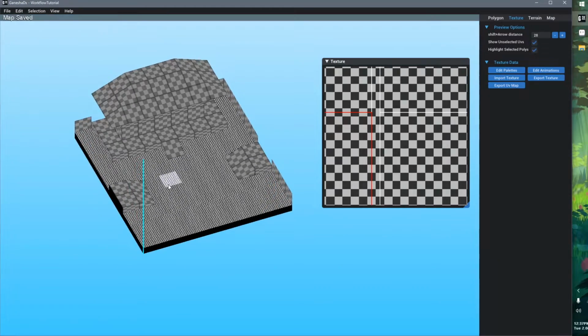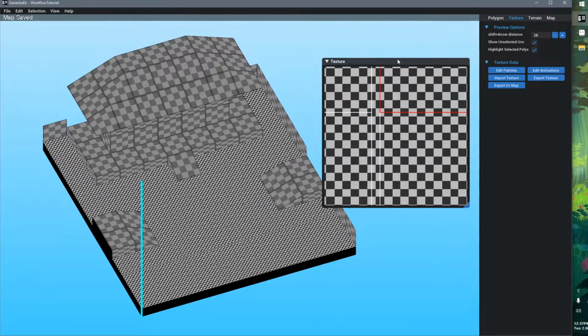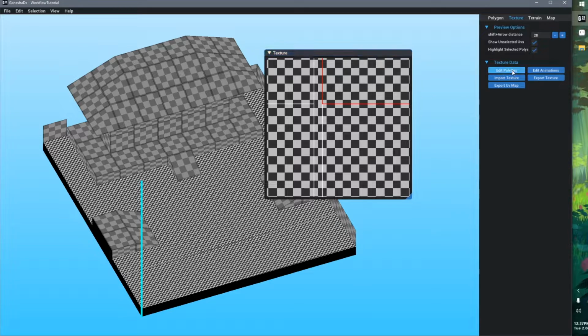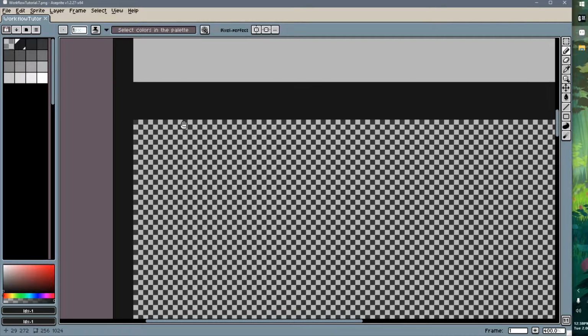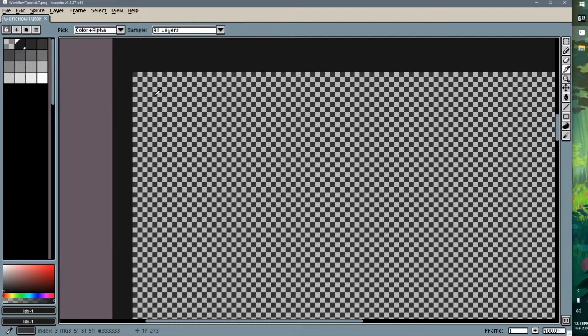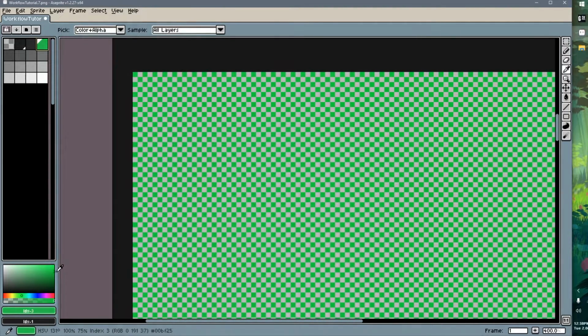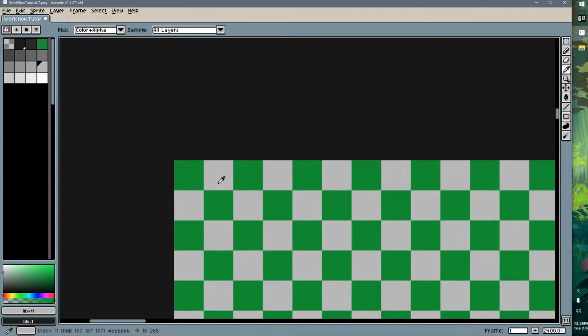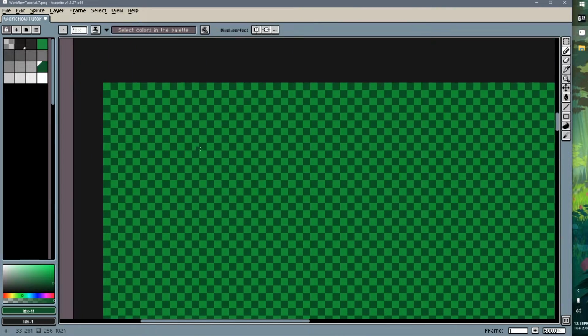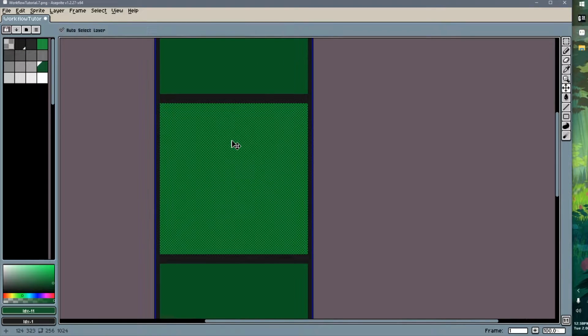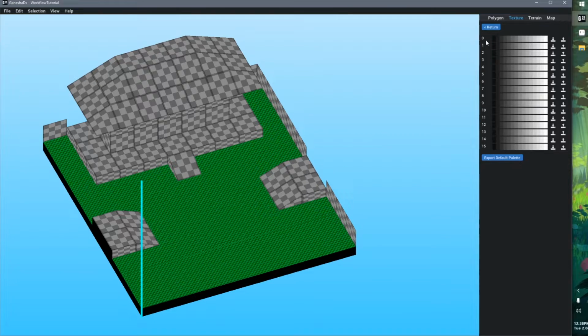So, pretty nice, right? Before we get too much farther, I want to talk about palettes. So, we'll see that our palettes are all this default palette, all 16 of them. What if we want these to be a different color? Let's go ahead and change our palette here. Let's grab this one here and change it to a greenish color to kind of represent grass. And then we'll grab this one here and change it to a slightly darker greenish color. Okay. And if we save this and reload it here,